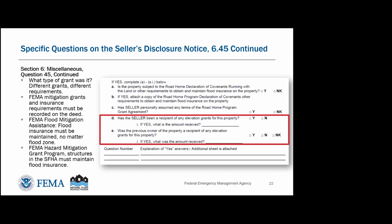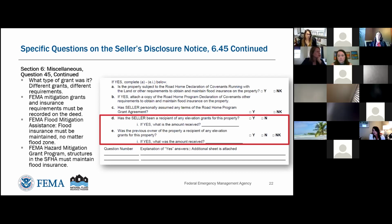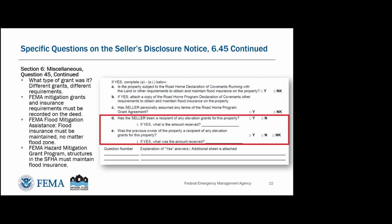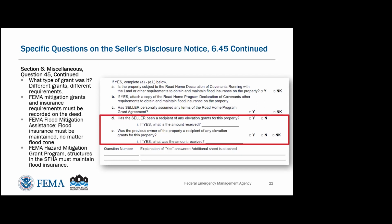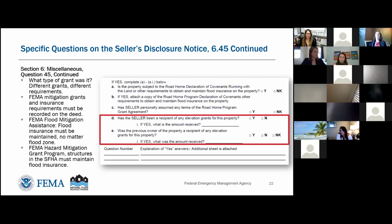So that's something additional, because when we're looking at this miscellaneous section, question 45, you might want to see, okay, did the person get federal assistance? And you might want to go back and look at the question, all right, what flood zone is this structure in? Because typically we're saying, hey, it's a high risk zone, federal disaster assistance, it probably has this obtain and maintain requirement. But as you can see, there would be certain circumstances if someone's received a mitigation grant like elevation for flood mitigation assistance, that they could even have to get and keep flood insurance in the lower risk zone,